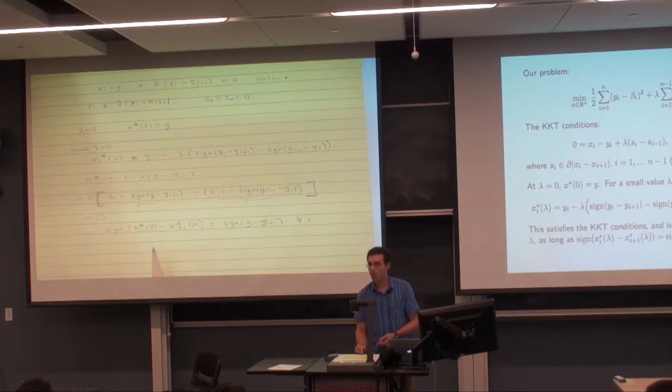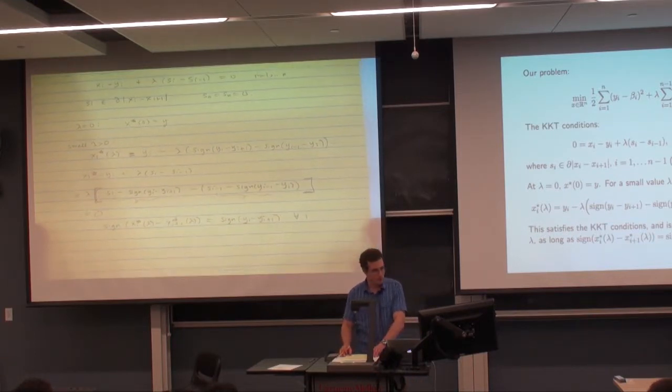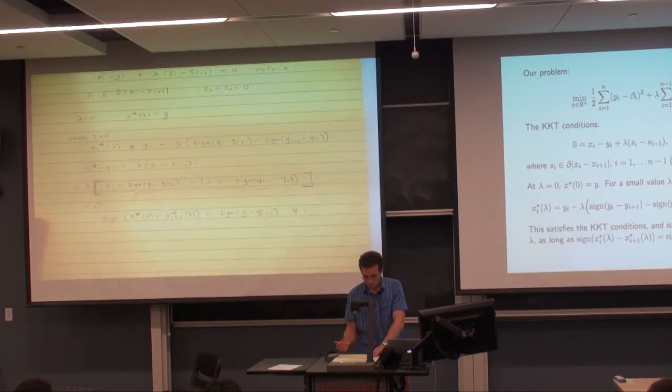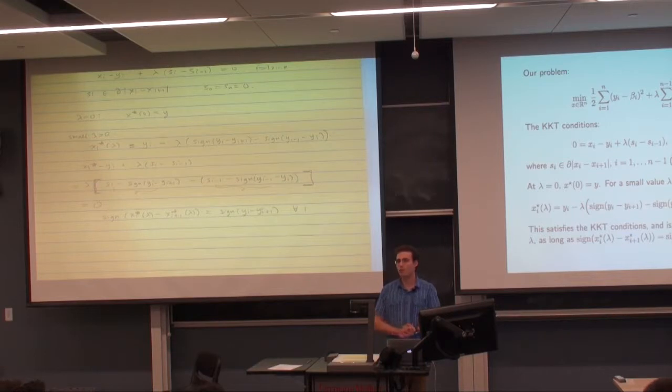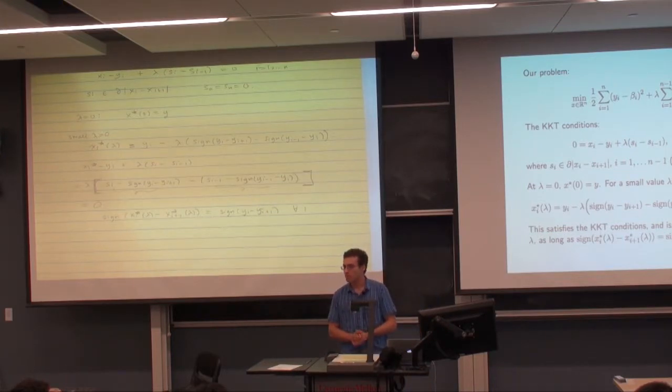Okay, so if this was true, then do we all agree that I can actually take that to be the subgradient and we'd have the solution? People confused about that, or is that clear? Nod your head if it's clear. Okay. So, does anybody think this is obviously true? That this fact is true for a small lambda? And if you do, why do you think it's true? What's that? Can we change the sign? That's interesting. I'm not sure that will